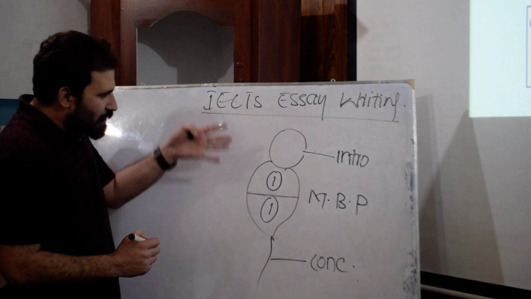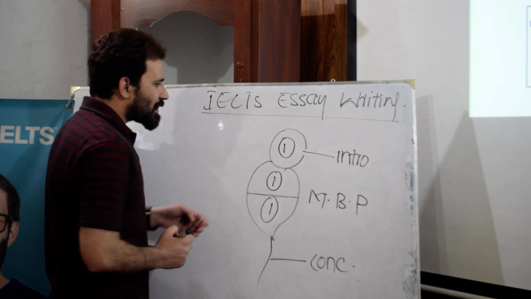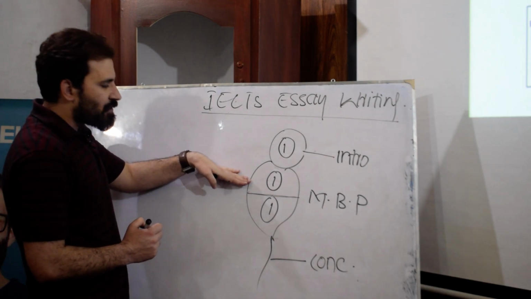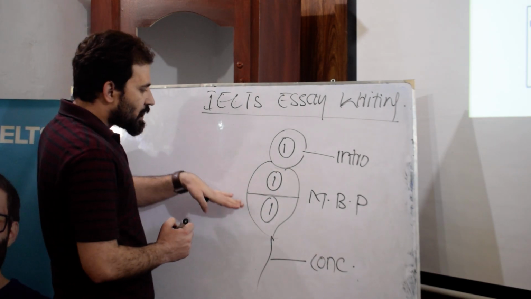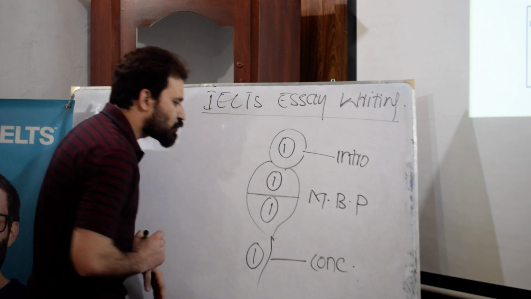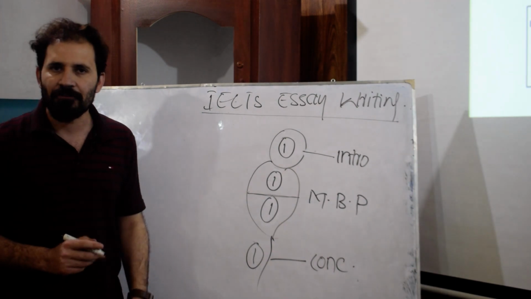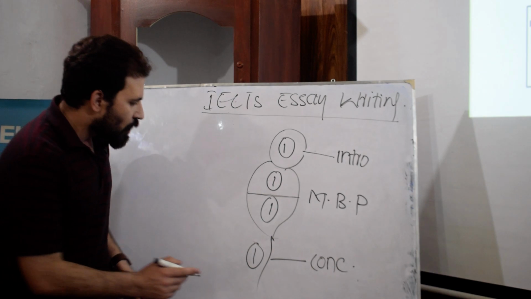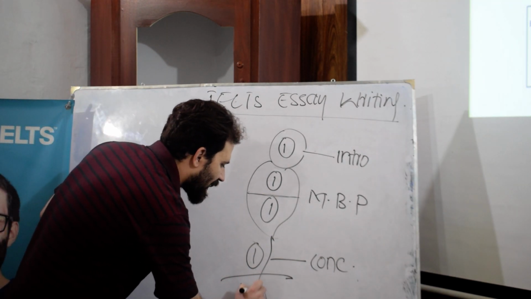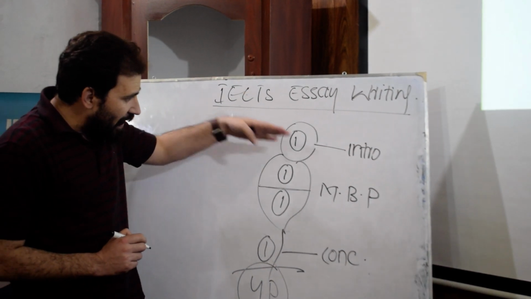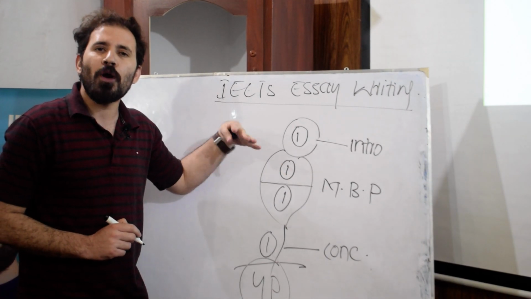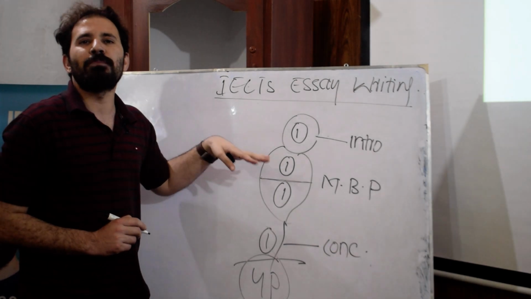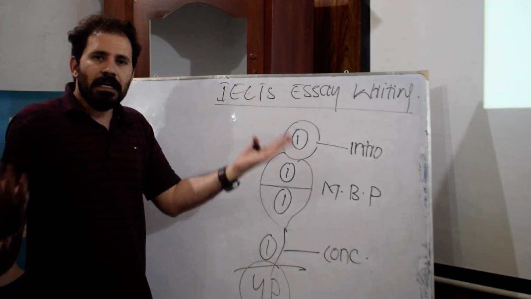So if you count all the paragraphs, paragraph number 1 is the introduction paragraph, paragraph number 2 is main body paragraph number 1, then main body paragraph number 2, and then finally we come to the conclusion paragraph. So the total number of paragraphs according to the IELTS standard is 4 paragraphs. If any of the paragraphs is not properly developed or not properly written, your marks could quite easily be deducted.